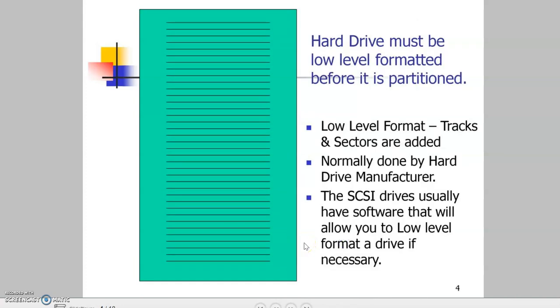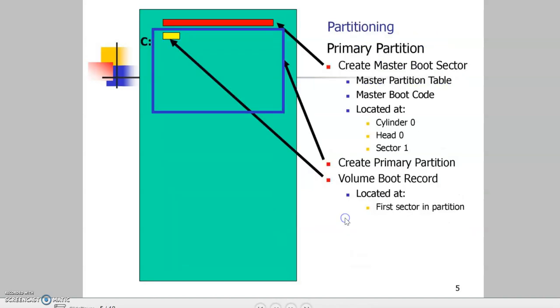So you can see your hard disk is low level formatted. This hard disk is low level formatted by the manufacturers, as we have already seen, by adding the tracks and the sectors into that particular hard disk. After that, the first primary partition will be created. You can see here the C drive. Why C drive? A and B drives in the old days were used for the floppy disk. They were kept for floppy disk naming, A and B drive. That's why for the next logical drives we can give names from the C drive.